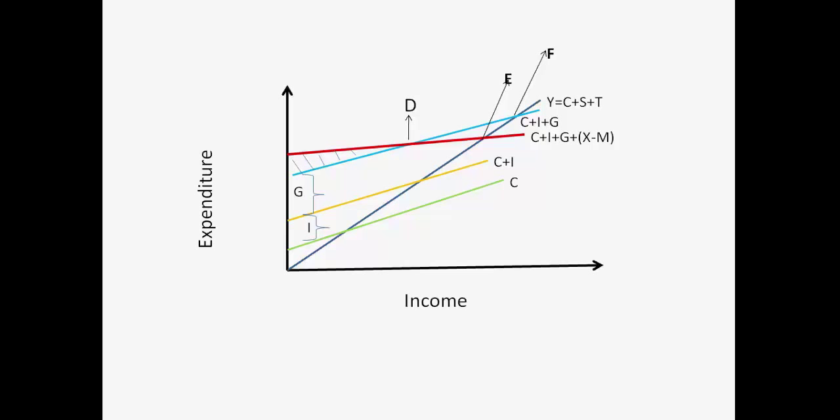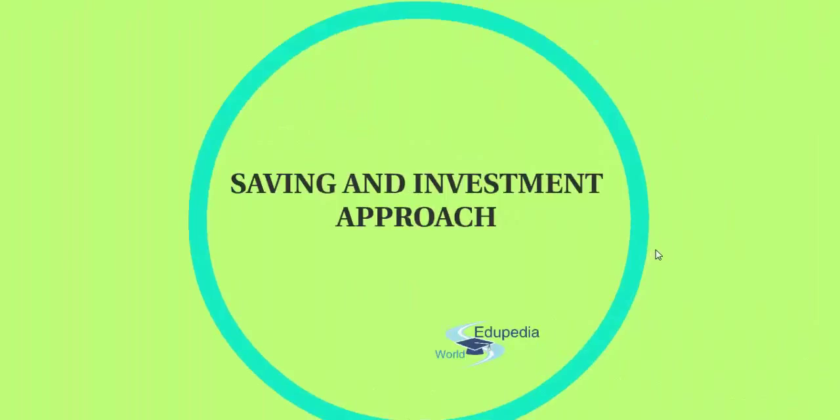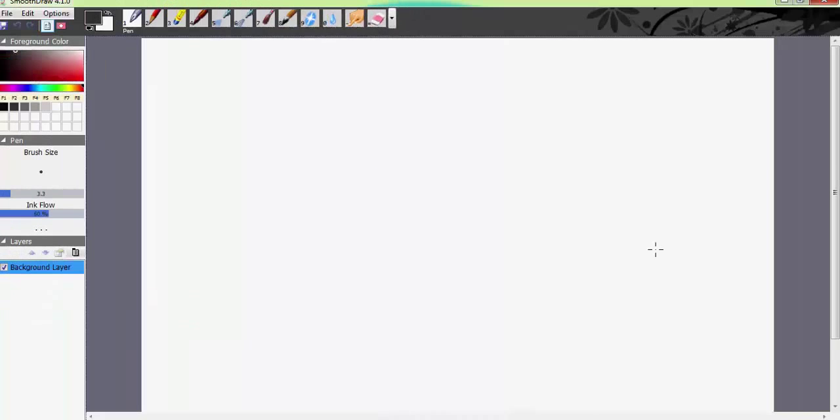Now this was the aggregate demand and supply approach. Now let's see how national income is derived under the saving and investment approach. Under the saving and investment approach, let's work it out. The equilibrium point is where aggregate supply is equal to aggregate demand,